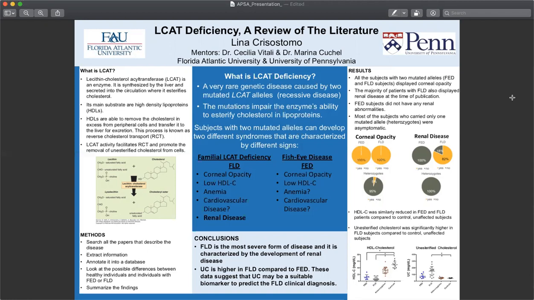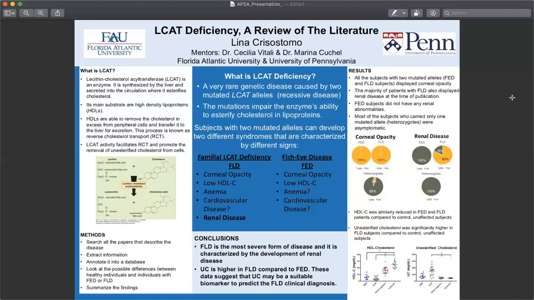Subjects with two mutated alleles can develop two different syndromes that are characterized by different signs and symptoms. The first we have is the fish eye disease, FED, and it entails corneal opacity, low HDL, anemia, and cardiovascular disease. The second syndrome we have is familial LCAT deficiency, also known as FLD, which has corneal opacity,